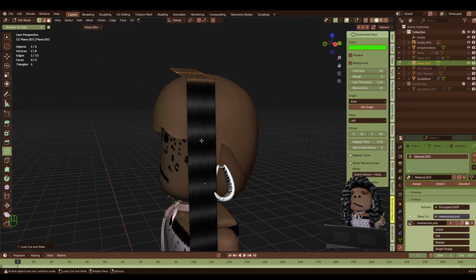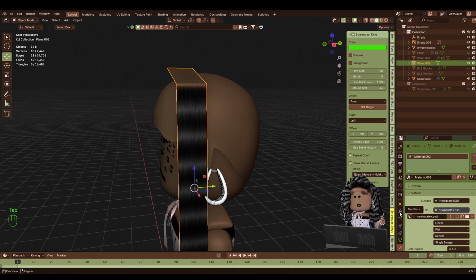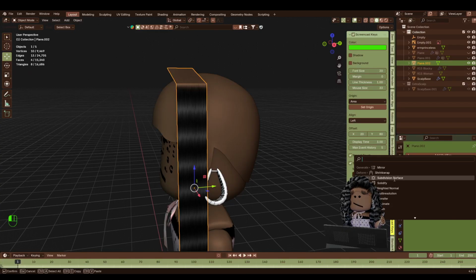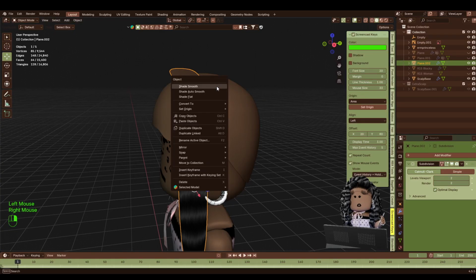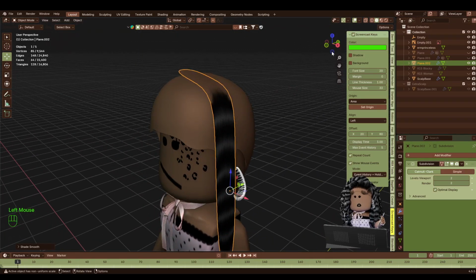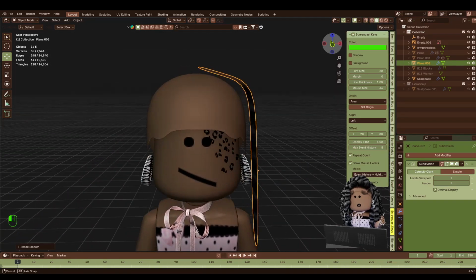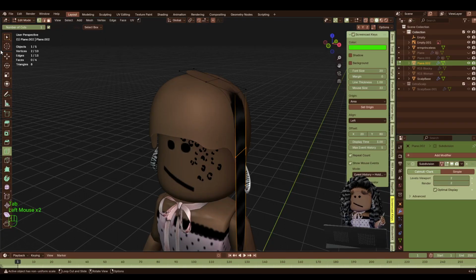And I'm going to come here. I'm going to cut it here. Then I'm going to go into object mode, go to add modifier, and add a subdivision. That just makes it smooth. Set it to shade smooth. When you extrude, it messes up the UVs, so don't be too bothered about the UVs until you're done extruding. I'm going to go back to edit mode and